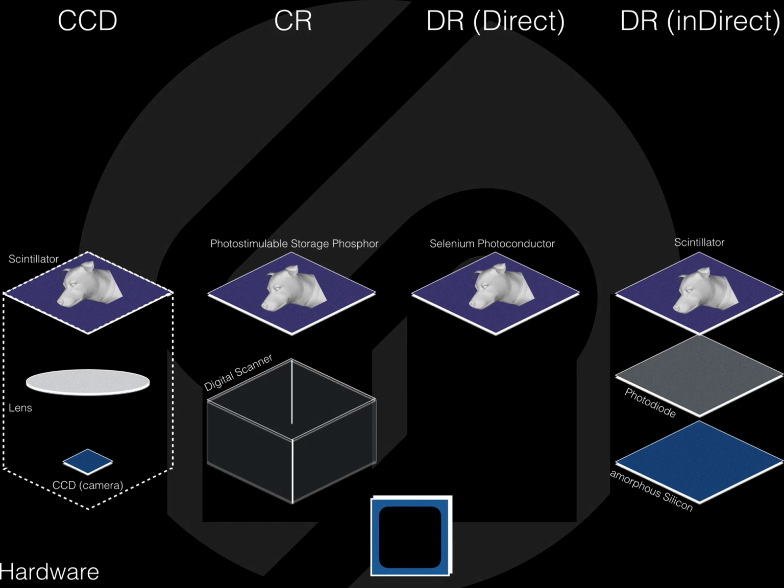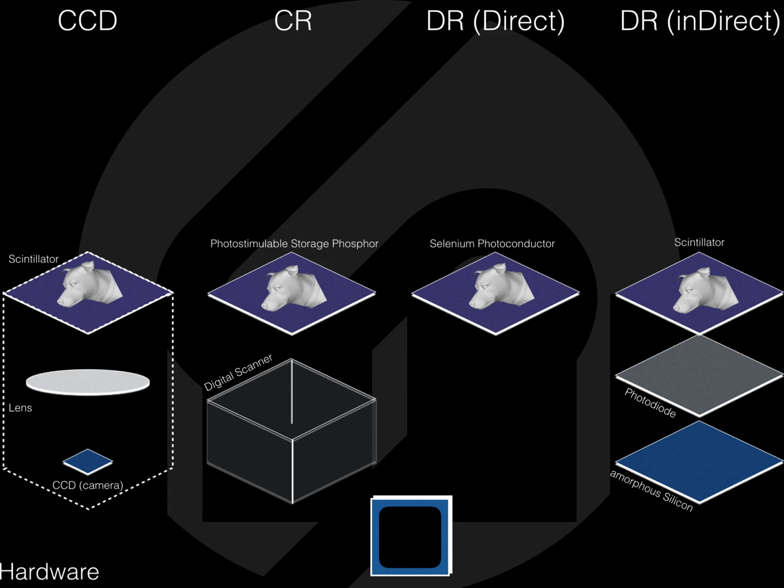The following is a high-level comparison of X-ray detector systems used in modern digital radiography. All have significant advantages to film radiography, but each produces its image in a different way. Presented are the basic mechanics as well as the pros and cons of CCD, CR, direct DR, and indirect DR